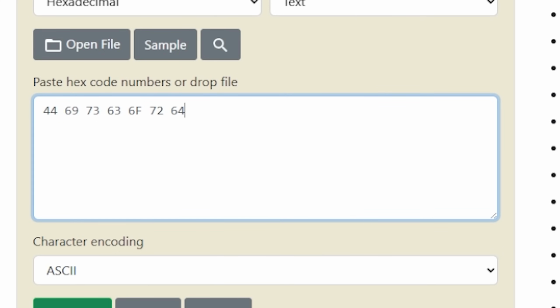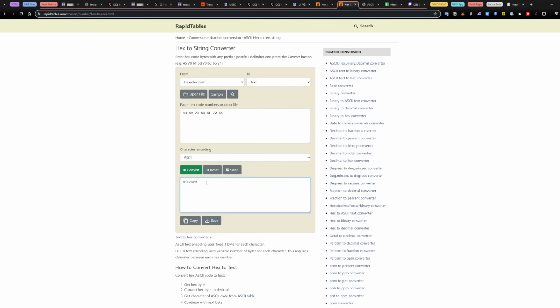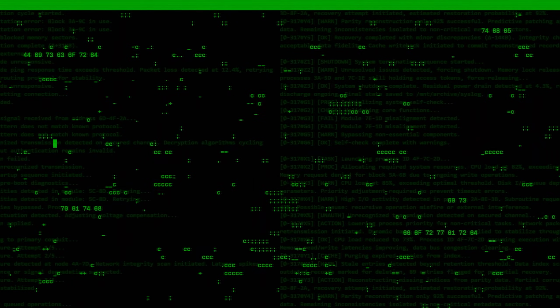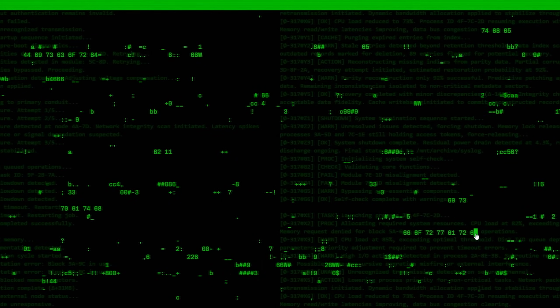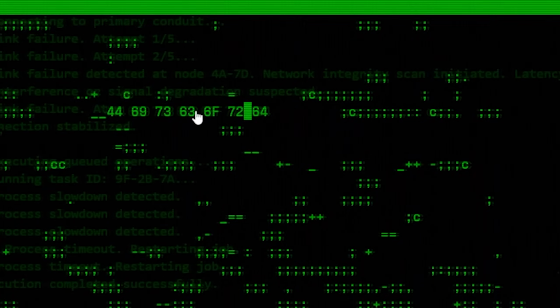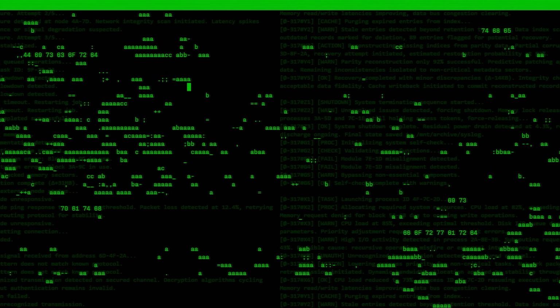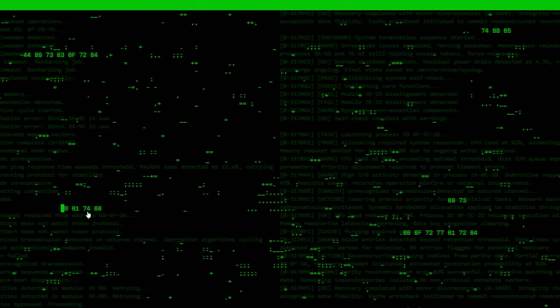If we go back to our hex to string converter and click convert, that translates into Discord. So are they talking about Discord like discordant or Discord as in the program? Well, if you translate all of them, they read Discord is the path forward. So people guessed that maybe we need to get to a Discord server. And if you click the strings here in that order, Discord is the path forward, this box pops up in